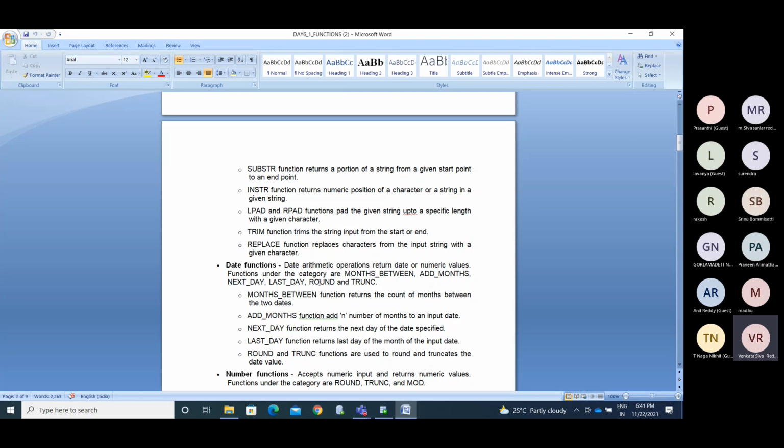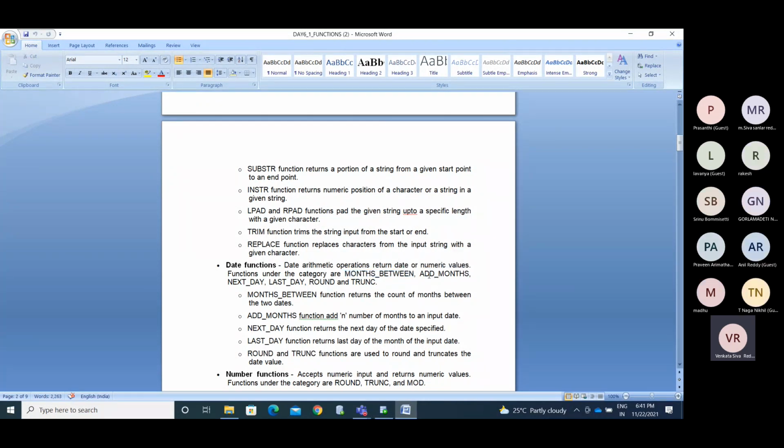To perform that, we have different types of functions like months_between. If you provide two dates, it tells how many months we have between them. If it is 30 days, it will give 1 month. If I have 25 days, it gives something like 0.75 or 0.67. It calculates the fraction of that month and provides the months.